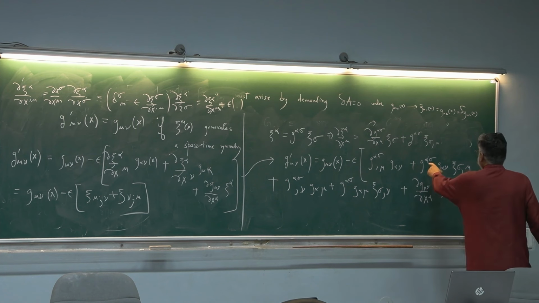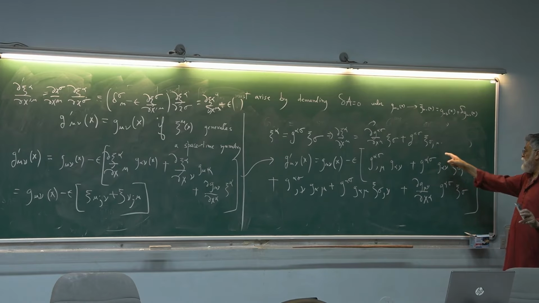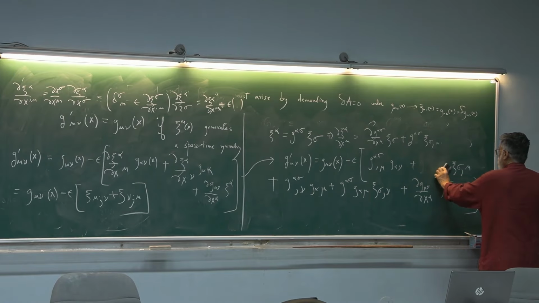First of all, g alpha sigma g alpha nu, alpha is being summed over, will give me what? This is Kronecker delta sigma nu. G alpha sigma, g alpha nu, alpha is being summed over, a Kronecker delta sigma nu, and sigma being summed over will give me xi nu. So this is the same as simply xi nu